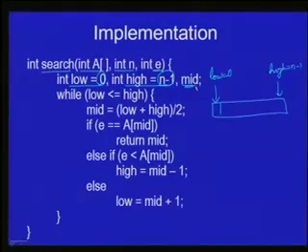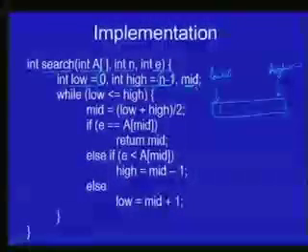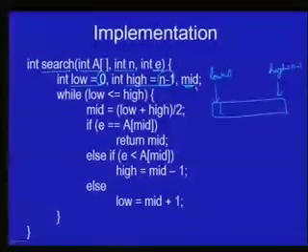Now, the number of elements that we need to look at is high minus low plus 1, clearly. And so if low becomes greater than high, then the number of elements in the part of the array that we are looking at will become 0, in which case we'll have found the answer. If the size of the array that we need to look at becomes 0, that means E cannot be anywhere in the array. So the answer that we need to return is minus 1. Therefore, as long as low is less than or equal to high, we keep repeating this process.